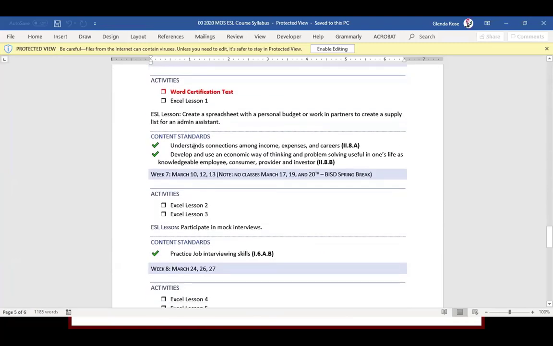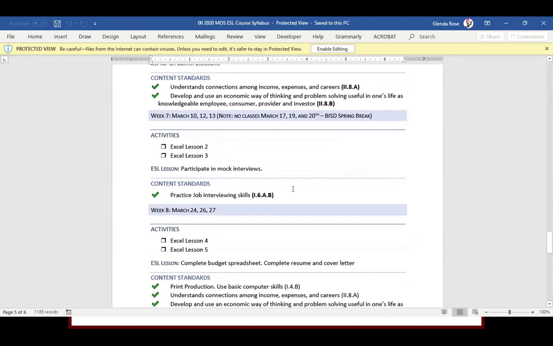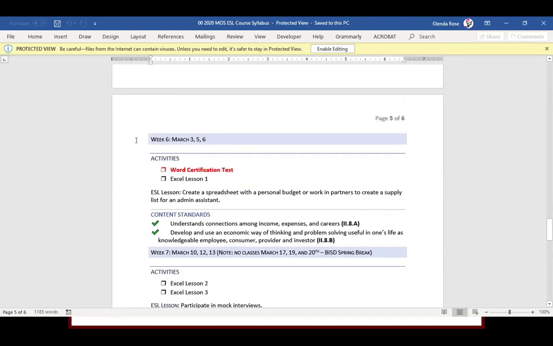And then you notice that here in week 6, which was supposed to be the first week of March, we were supposed to have the Word certification test. Well, that turned out to be too ambitious. We were initially planning on doing both Word and Excel. Now, to qualify as an IELCE program, it does not have to have both. They need to have one certification that's nationally recognized. And we ended up, except for one person, just basically continuing to work on Word. So I can share the syllabus, but I will tell you that after this week, my lesson plans became very different. They also didn't quite line up with the times because I needed to spend more time on different things.